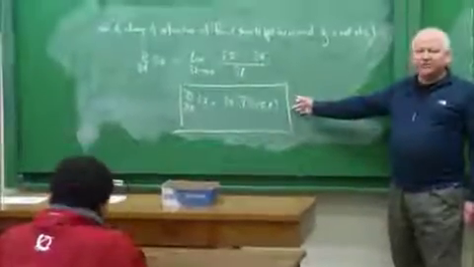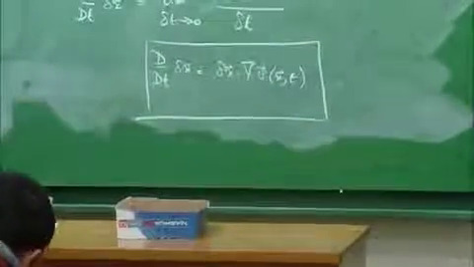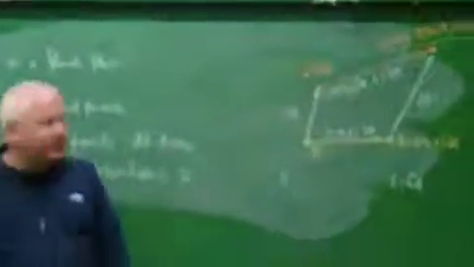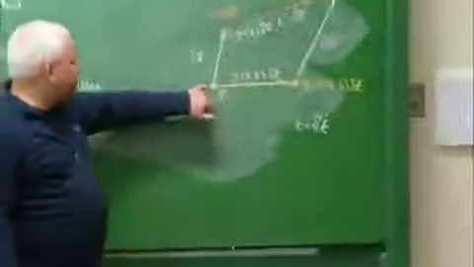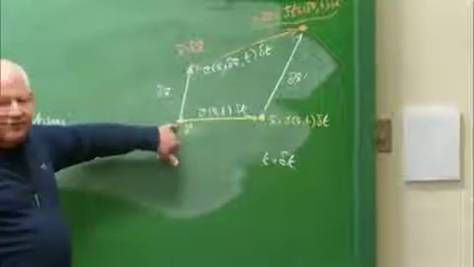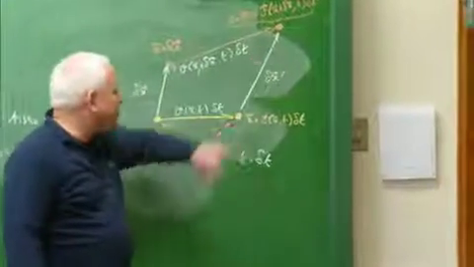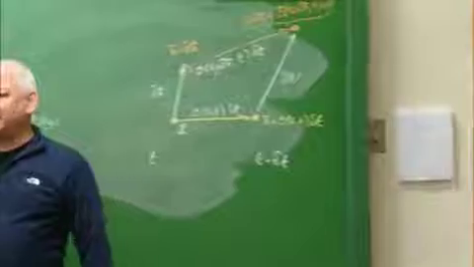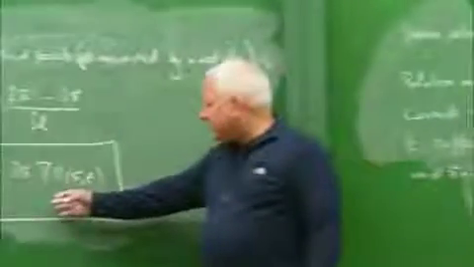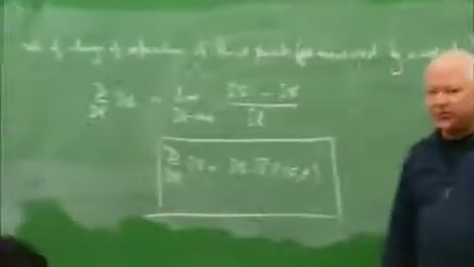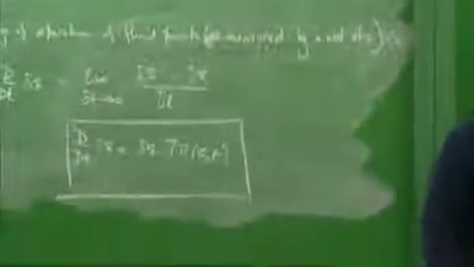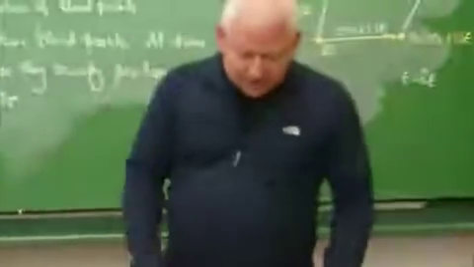The physical content of this formula goes with this picture. This is the explanation of what this formula is telling you. So what you need to know is that you're looking at two adjacent fluid points, and you're looking at the movement of those two points and watching how they separate. At what rate do they separate? And here is the answer. It is given to you by this formula, and this is what I will use to calculate several standard results. The other thing that I should tell you about